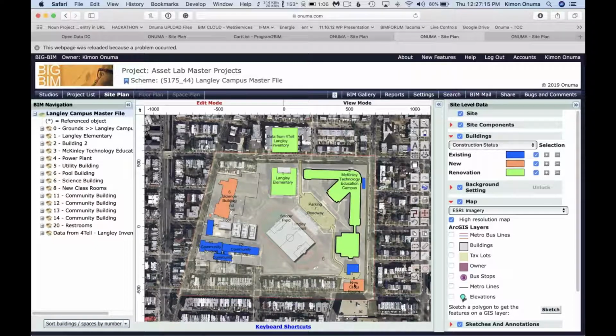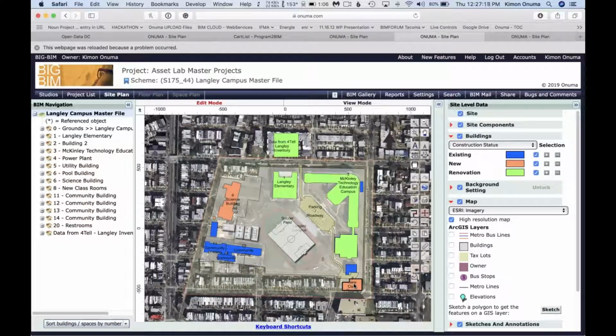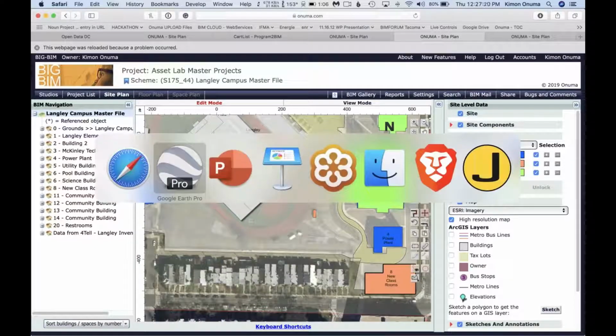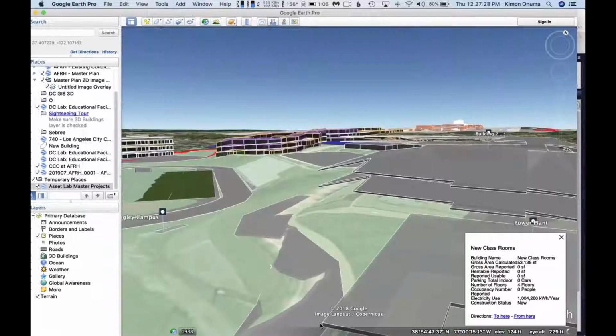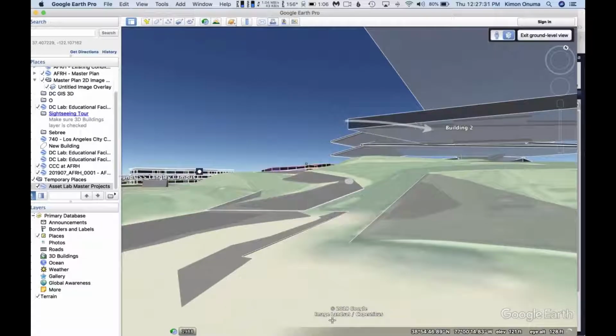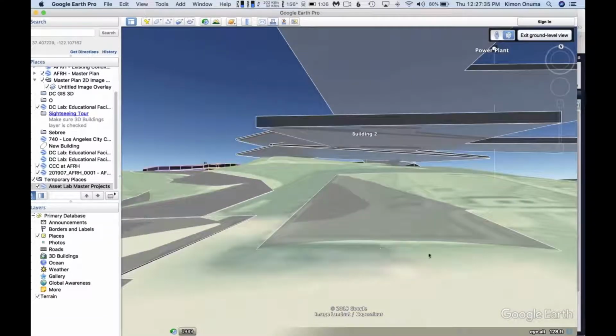We also had the new smaller building on the corner here. And then we looked in Google Earth and said, what's it going to look like if you're on the street there? And you can jump down to street level and see what it looks like. Not very pretty, but it starts to give you a sense of what's possible.